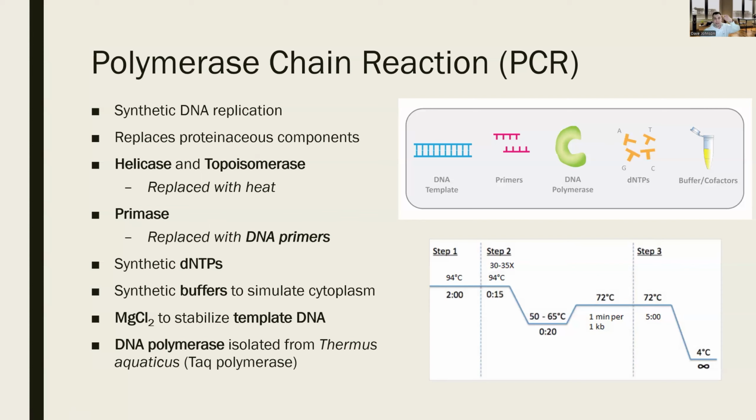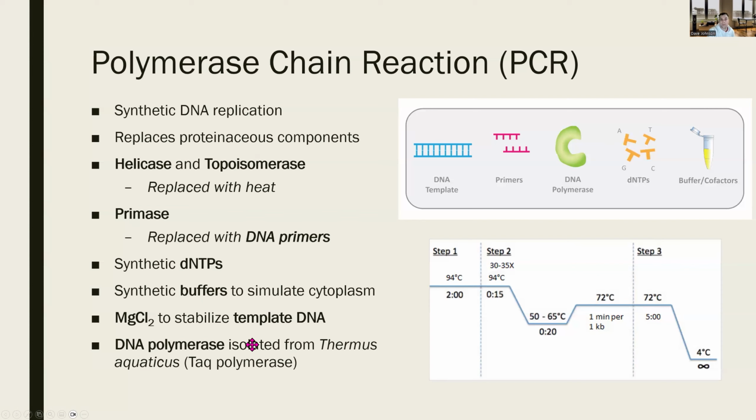So essentially, you put one at one end of the sequence you want to create more of, one at the other, and then this allows the double-stranded DNA to be created this way. We use synthetic buffers and magnesium chloride to simulate the cytoplasm, and then we use a special type of DNA polymerase isolated from the bacterium Thermus aquaticus, with the main reason being